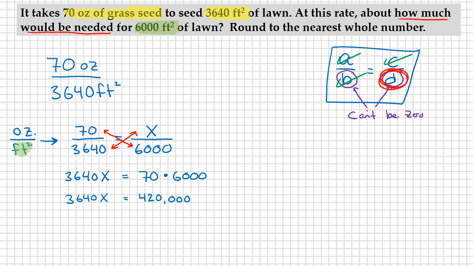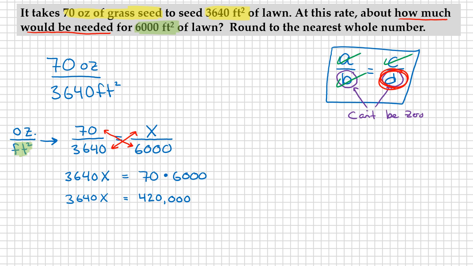Right? And we want to solve for x, so we need to eliminate the 3,640 that's being multiplied to the x. So right now, we have 3,640x. We want x by itself. So anytime we want to eliminate, we want to get rid of that number in front of the x. So anytime we want to remove or eliminate a piece of our equation,